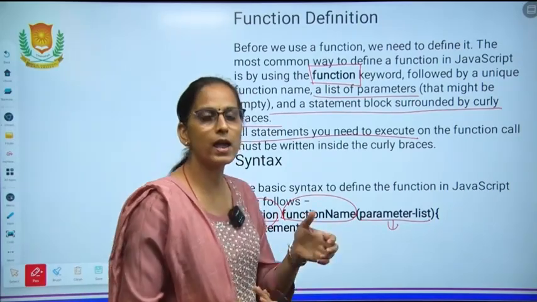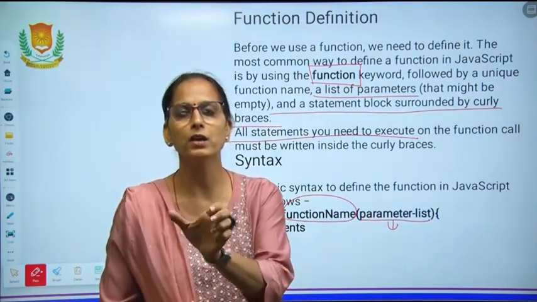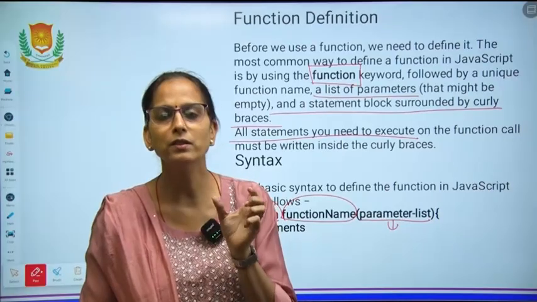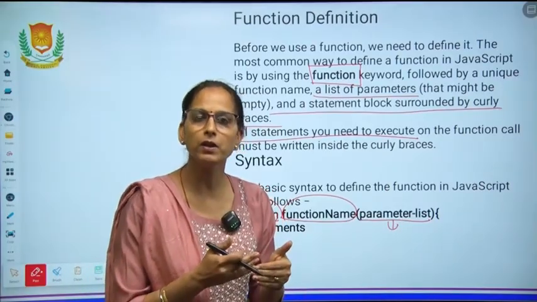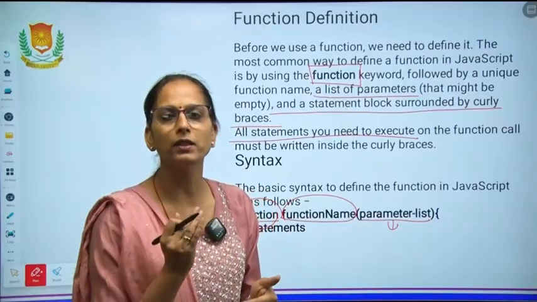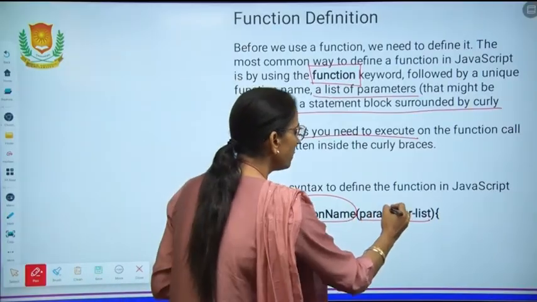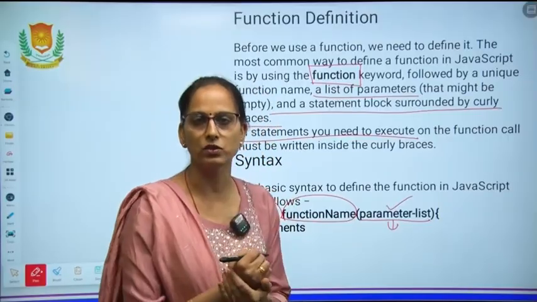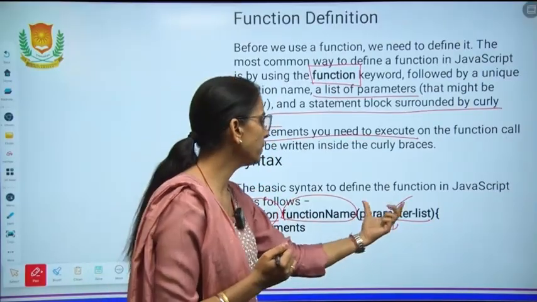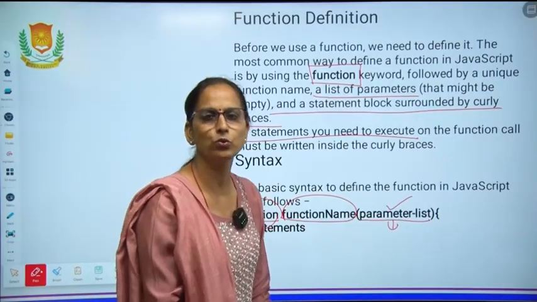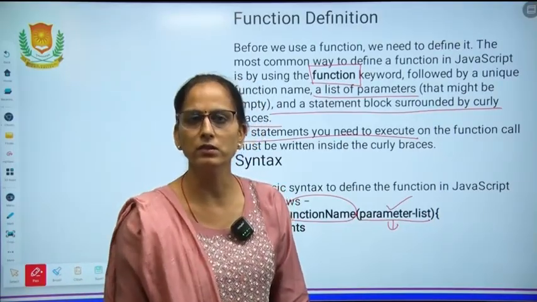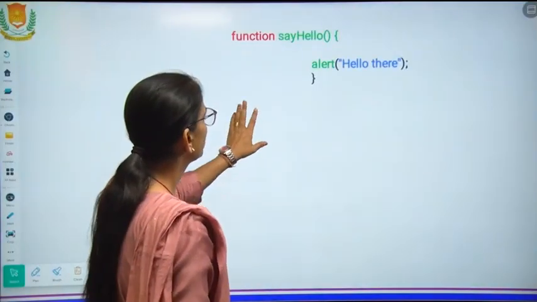And if I am printing hello with a specific name, then that specific name will be kept in a variable, and that variable name will be used in the parameter list. That variable name will be held by this function and will be carried to the area wherever it is required. Now, how to start this?